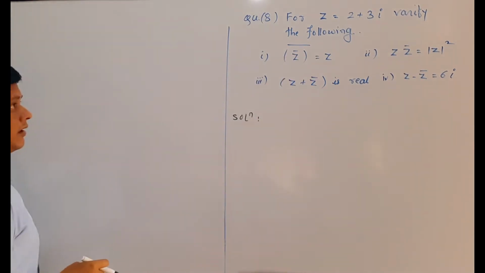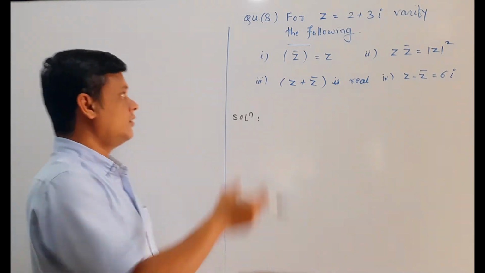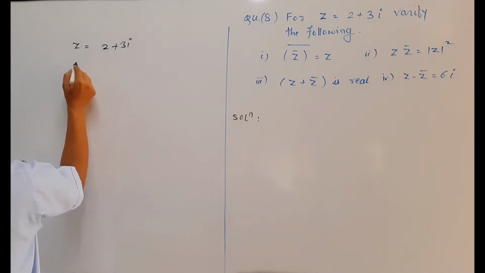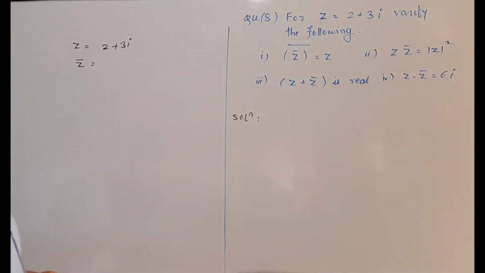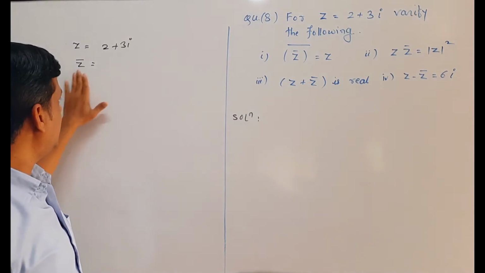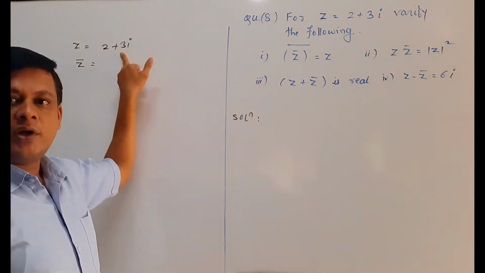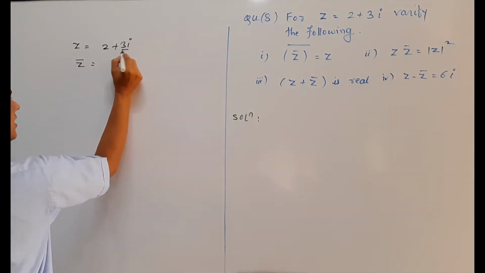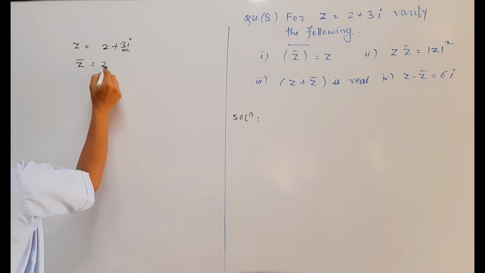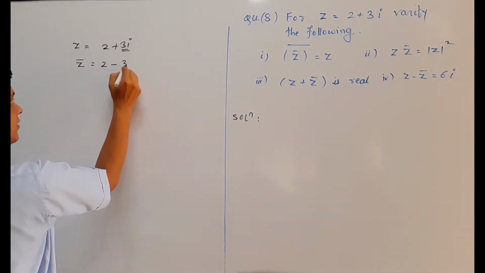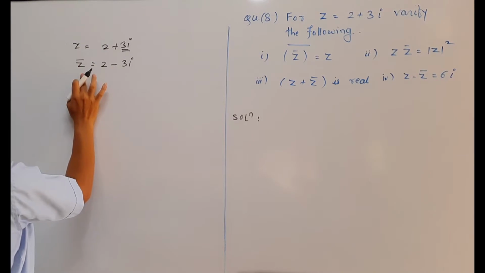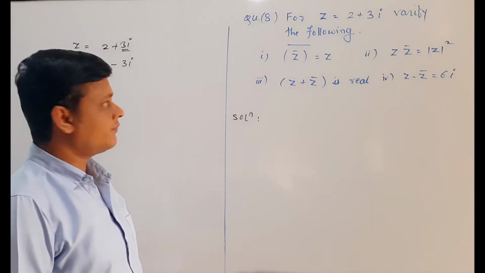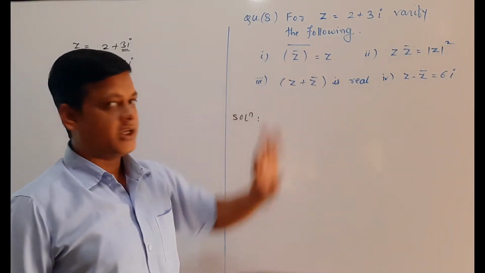So first we discuss again what a conjugate is. When given a number z equals 2 plus 3i, we write its conjugate by writing a bar on the given notation, and we interchange the sign of the imaginary part only. Here the imaginary part is 3i, so we change its sign, writing minus in place of plus. So the conjugate of z is z bar. We write 2 plus 3i, its conjugate, as 2 minus 3i. So we have to verify that LHS equals RHS.